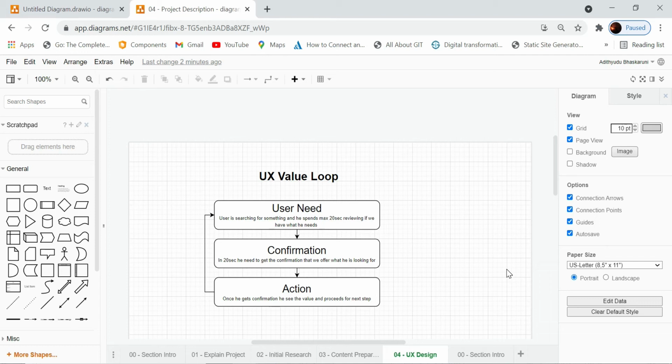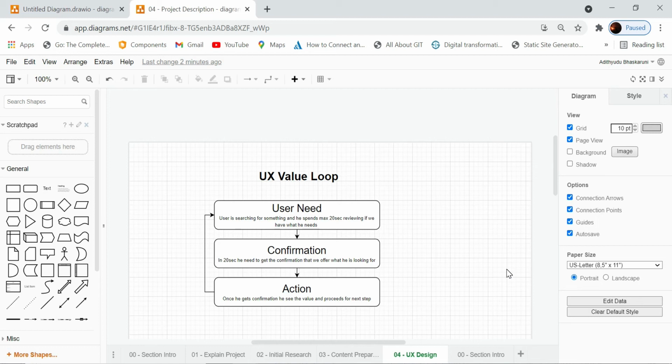Okay, so what does it mean? How does the information flow in a particular website? For example, if someone logs into your website, what is the first screen he should see, and from there where does he need to go, how should he navigate through your website? All these things we need to plan through, and accordingly we need to create an information architecture.